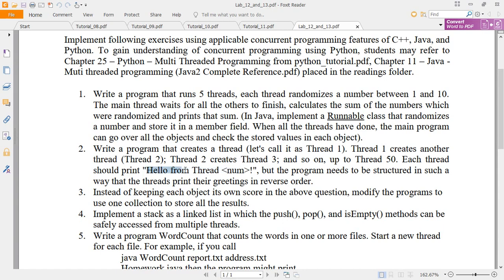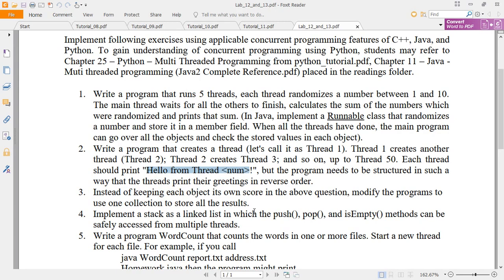That means the output should first be: hello from thread 50. Next, hello from thread 49. Next, hello from thread 48. Like that till hello from thread 1. That means creation is in progressive order, but the printing of the threads will be in reverse order. You are supposed to think about what the logic behind this is.